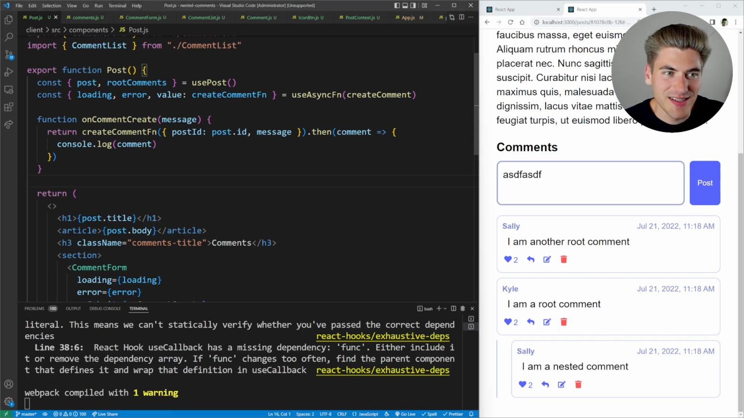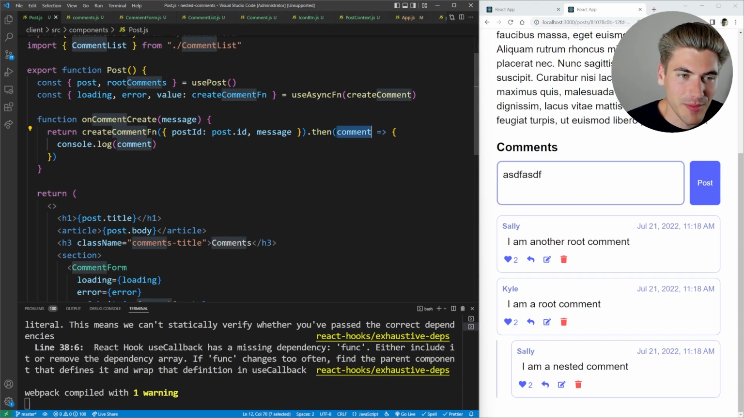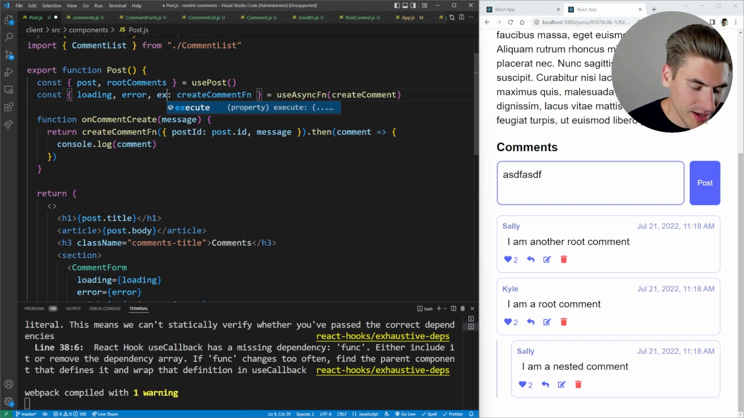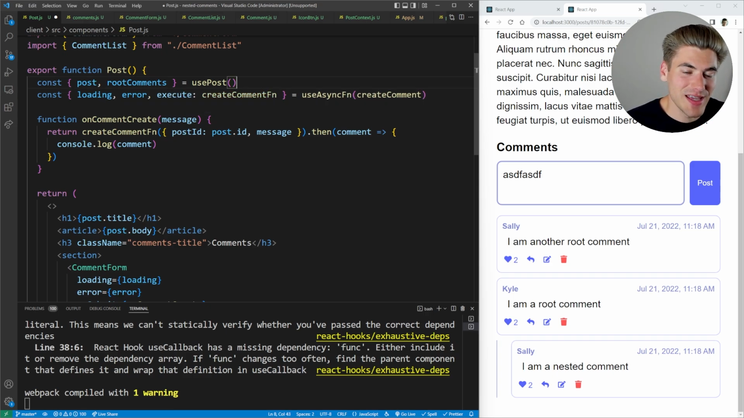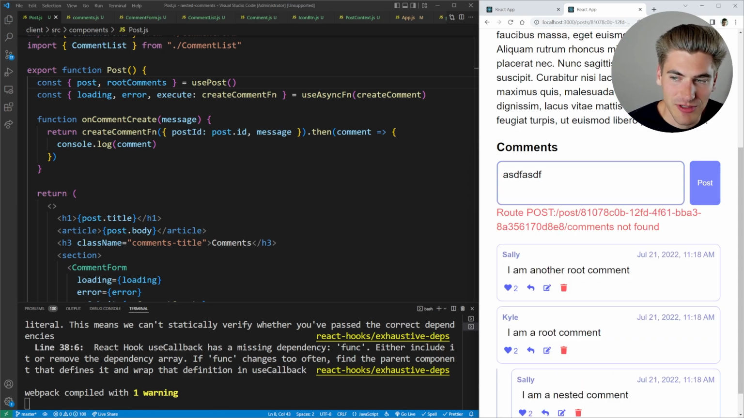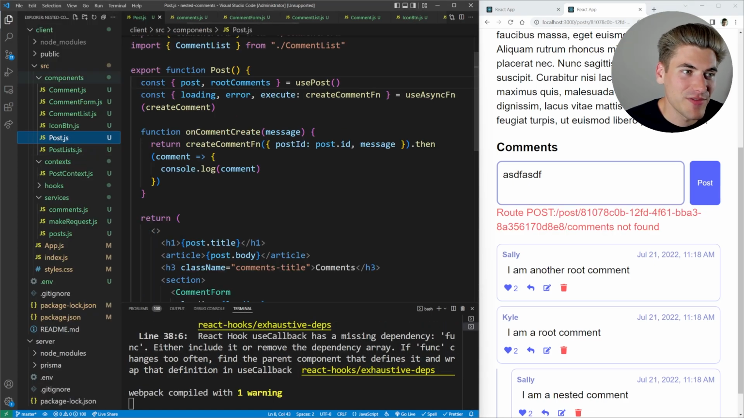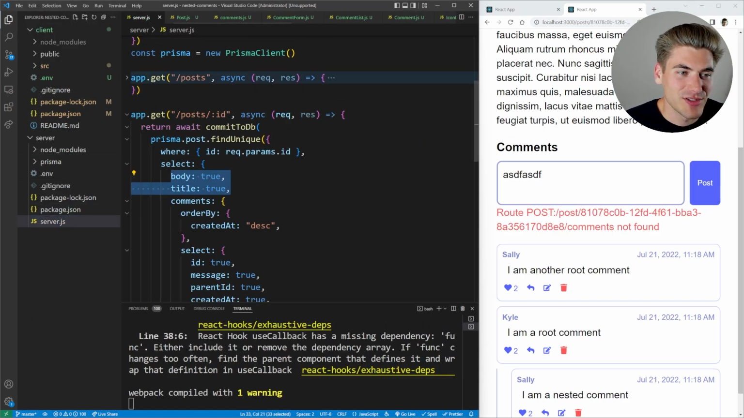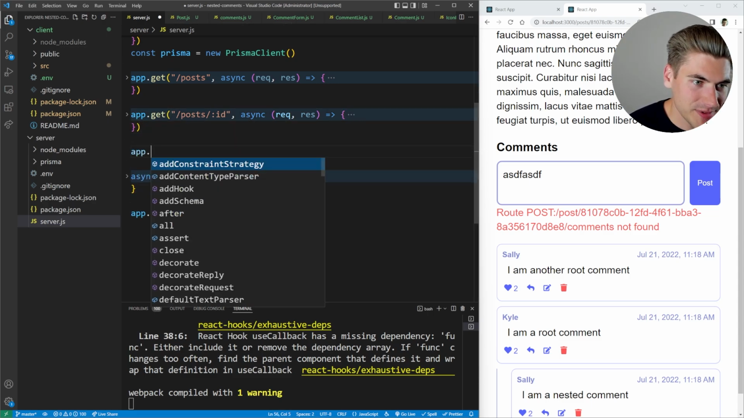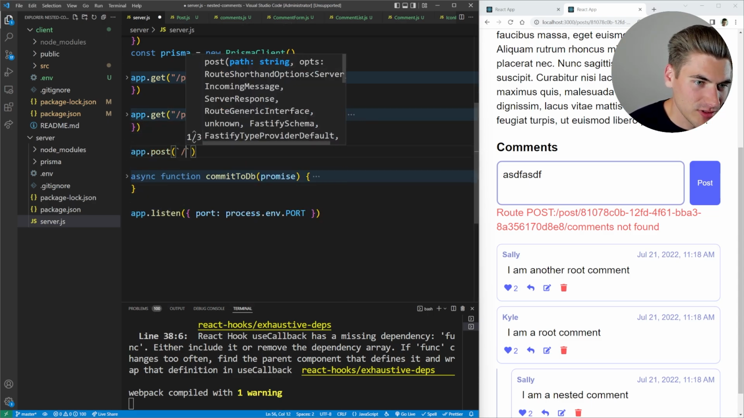The reason for this is that this value property is actually the return of createComment. It would be like the same as this comment right here. I don't care about the value. I care about the execute. The execute is the actual function itself. That should hopefully fix this error. So now when we type this in, hit post, you're going to see it's working, but we're getting an error. It's saying, hey, this route does not exist, which makes sense because we haven't created that route on our server yet. So the next step is to create that app.post route that goes to